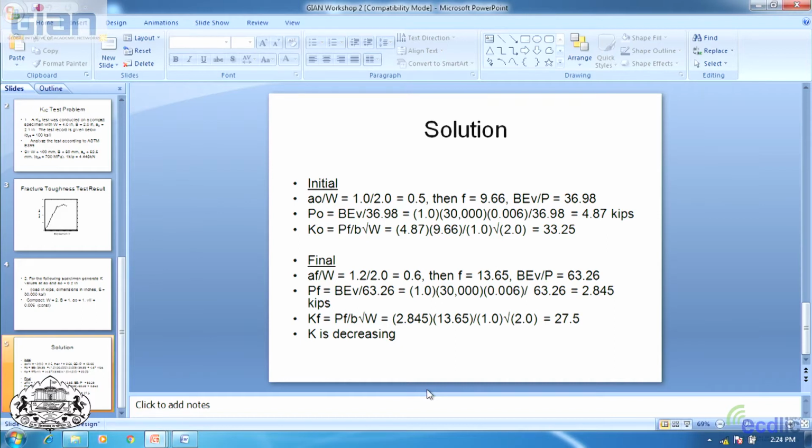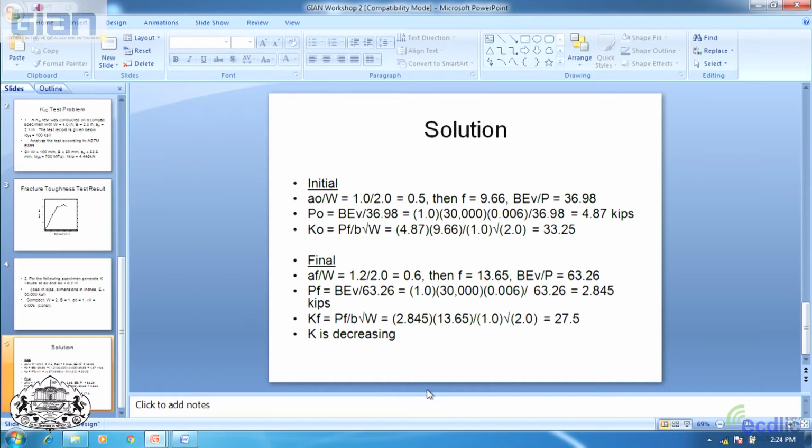So B was 1, 30,000 for the E, and the displacement was 0.006. This is 4.87 kips, or kilopounds, thousands of pounds. So then when you back out the load, you can go back and put it into the K equation, because now you have a load, you know the little f, and you just calculate the K,